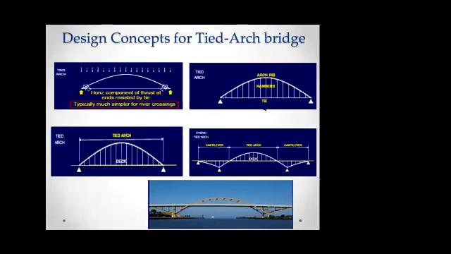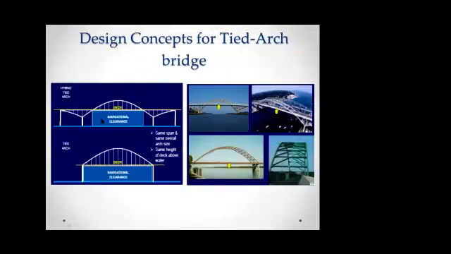And the arch, so we had tie, hangers, and arch rib, and we have this hybrid tie arch, that will be called multiple span. There is not much difference between the hybrid tie arch, both the navigation points are the same. We are making a clear span between this hybrid tie bridge, and you can see the difference. The same navigation clearance can be obtained between the hybrid tie arch and the